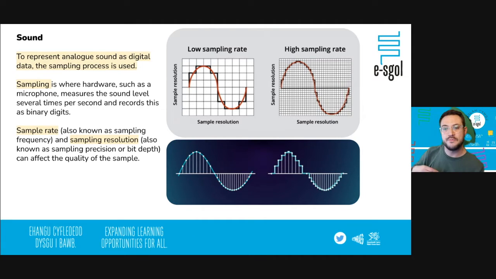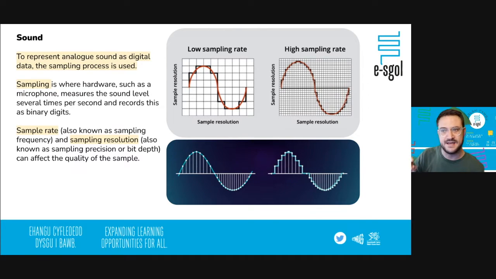Because then, when we want to hear that audio back, it'll just build up the blocks, and the blocks will try and match as closely as possible what the original sound wave sounded like and play that back. The closer that we can get to the original curve, the better the sound is going to be, the more accurate it's going to be. But if we want to save space on our device, then maybe we'll use a lower sampling rate and a lower sample resolution,